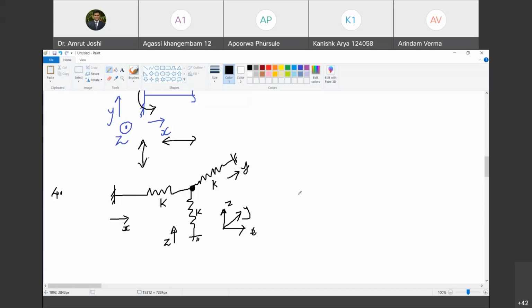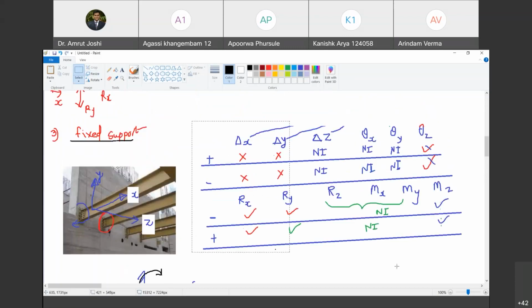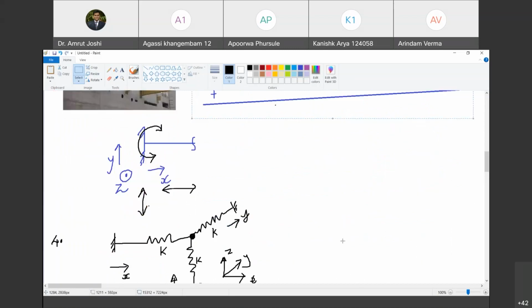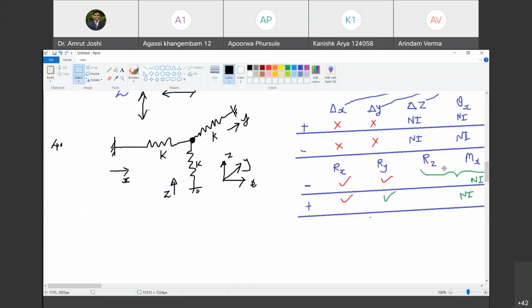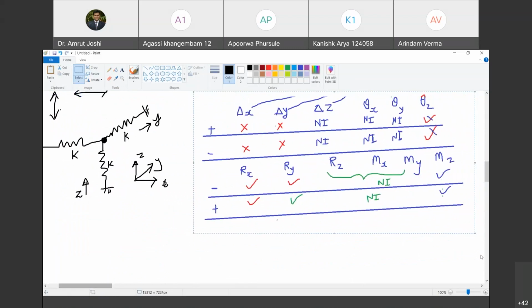Now, what can you say about this table now? Let me bring this table down here. By the way, do you know what is the stiffness of a spring? It is the amount of force required to cause unit deformation of a spring. So if the length of the spring is 10 mm, then the force required to cause 1 mm deformation is what we call the stiffness of the spring. Stiffer the spring, more force is required to cause same deformation. Are you with me? Yes, sir. So stiffness is denoted by K, which I have written.